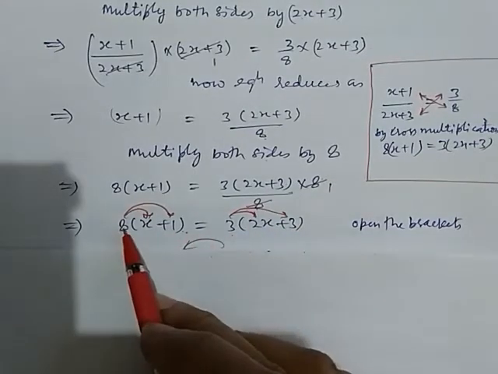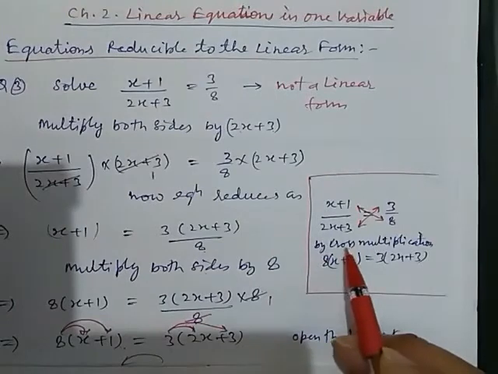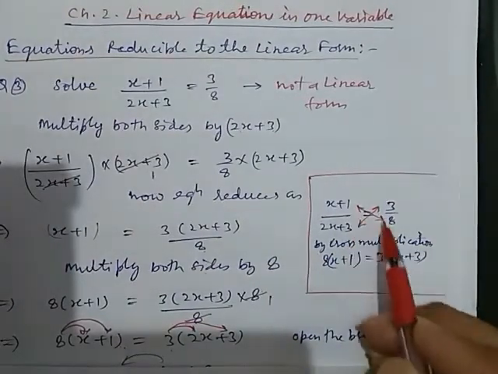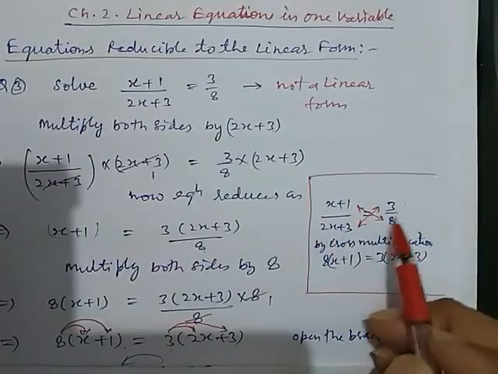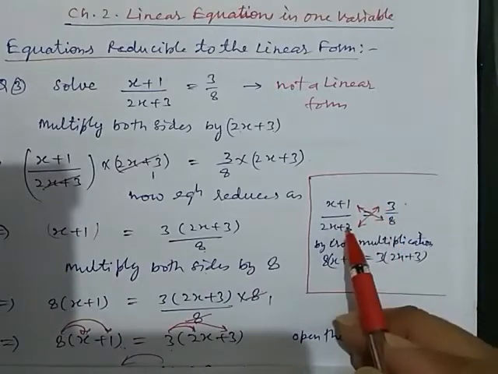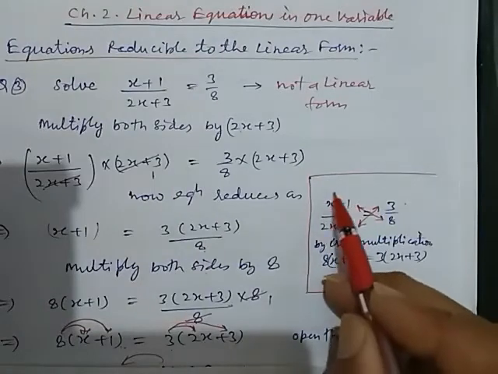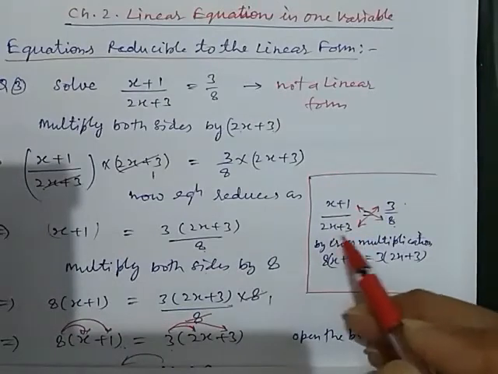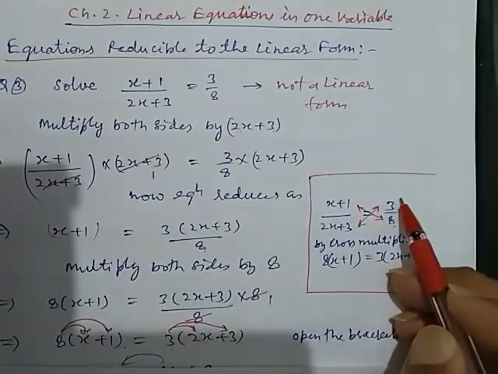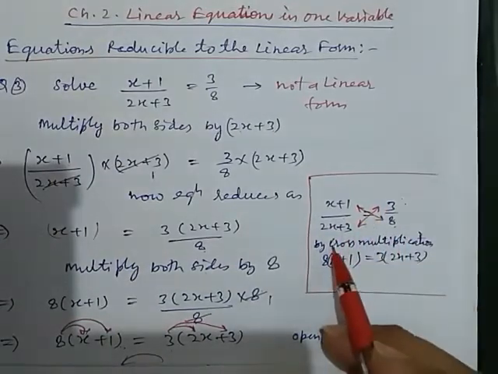Okay. But we can get this by another method. Here we have a very short and sweet method known as cross multiplication. In this we have one fraction here and the other fraction here. If our equation is in this form, then we multiply the numerator of one side's term to the denominator of the other side's term, and the denominator of this side's term to the numerator of that side's term. They make a cross. So this procedure is known as cross multiplication.